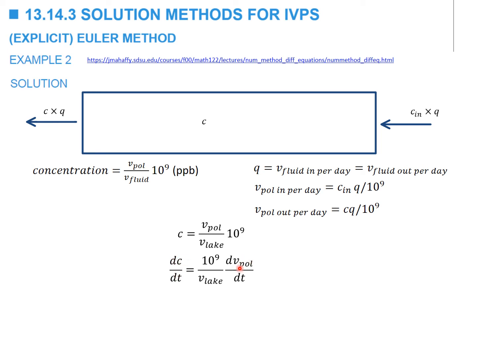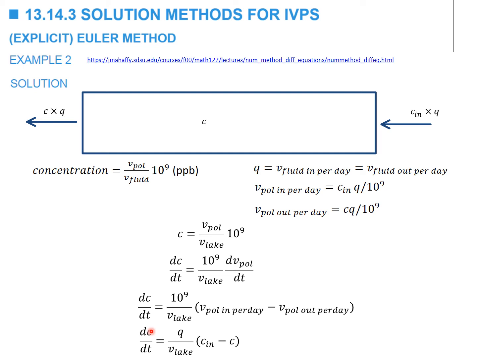Now, how does this volume change? We already know how much volume is entering per day and how much is exiting per day. Therefore, dV by dt is equal to the volume of the pollutant that's coming in minus the volume of the pollutant that's going out per day. And so